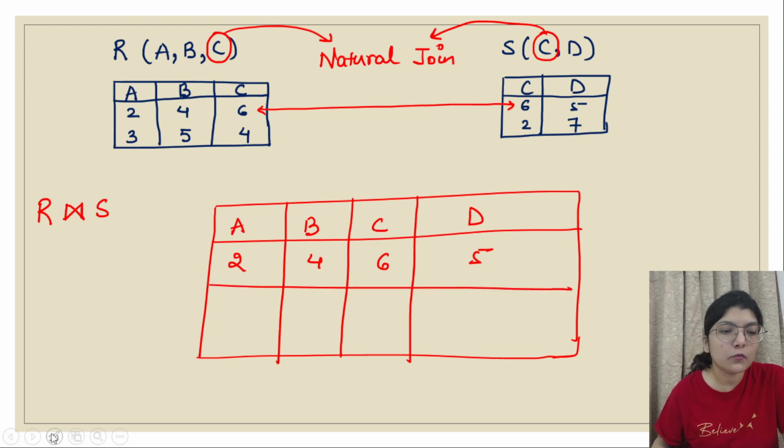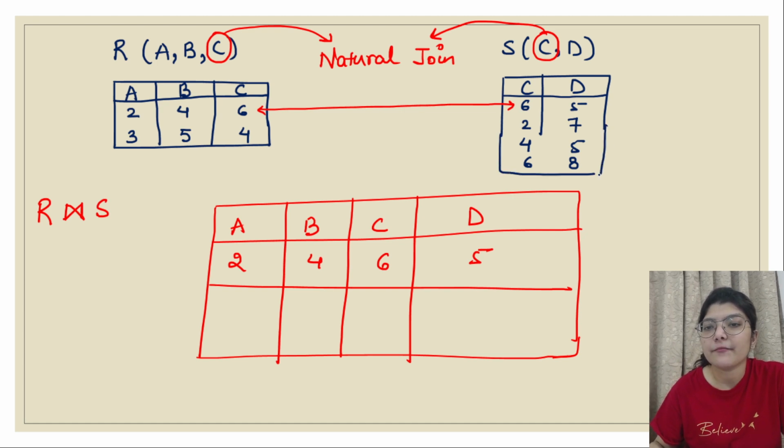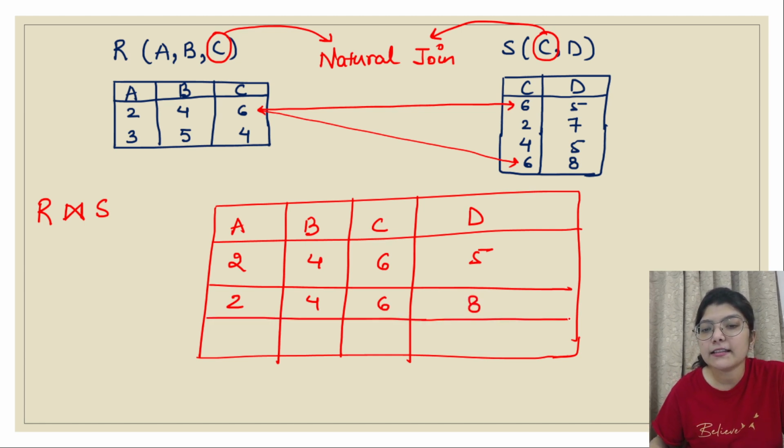Now suppose I have added one more row to it. Tuple also you can say it, okay? Suppose I have added 4, 5 and 6, 8. Suppose this is what I have for CD. Okay, so natural join will take only those cases where both the values of C are same. So this one, then I will take this one. So I can write it as 2, 4, 6 and then 8. Then what next? Next I can take this 4. So is there any 4 similar to 4? Yes, this one is there. I can take these two tuples. So 3, 5, 4 and 5.